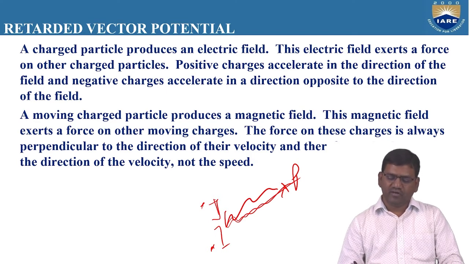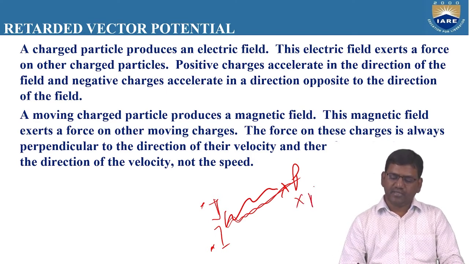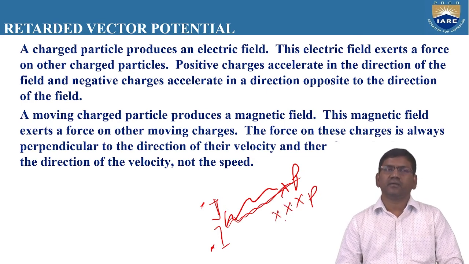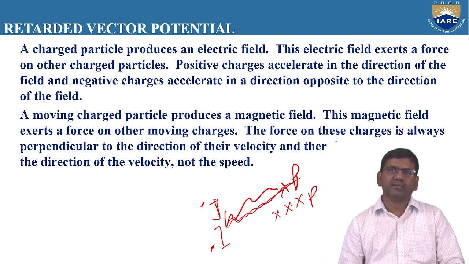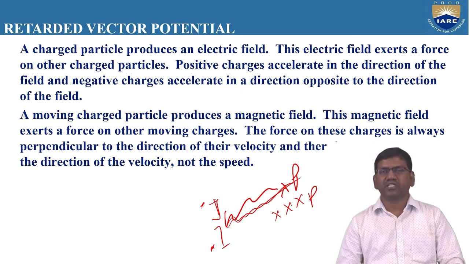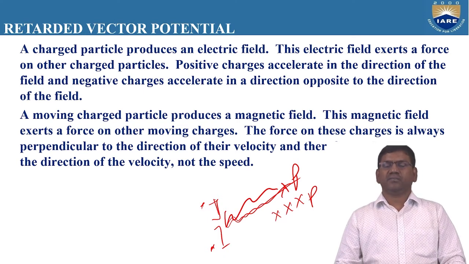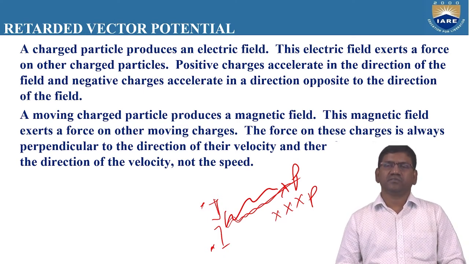If we want to calculate the exact potential at some point P, we need to know the potential of the previous point also. We need to know the potentials which are reaching the point P at an earlier time. In small intervals of time also, some electromagnetic waves are produced. The potentials of all those electromagnetic waves must be considered, and the summation of all these potentials gives rise to the electric potential and the magnetic potential at a distant point P.